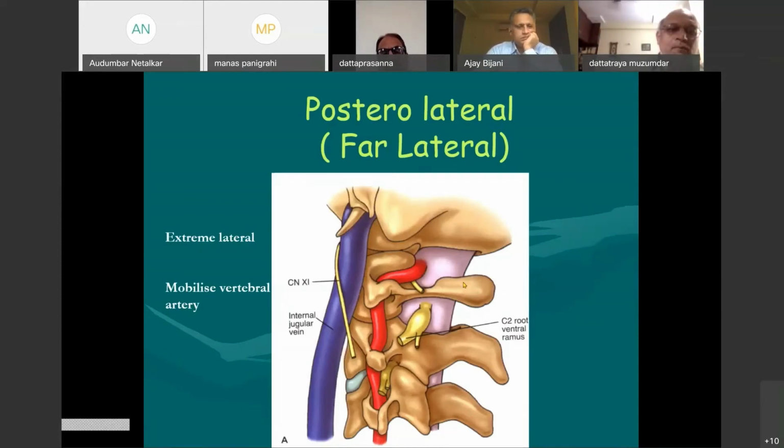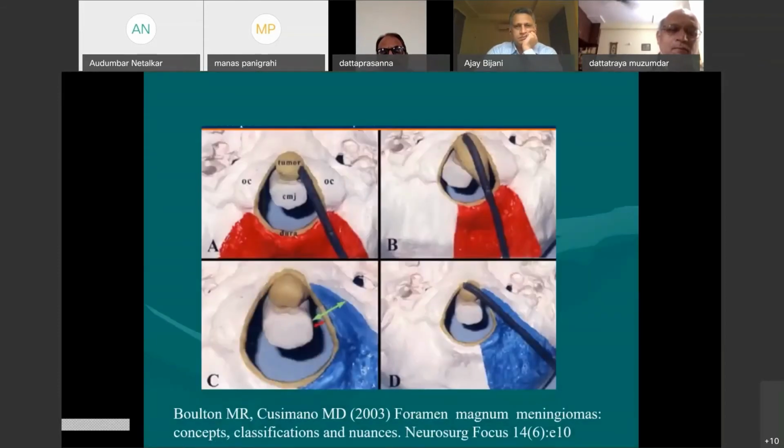Now, whether to drill the condyle or do a suboccipital approach depends on the attachment of the tumor. If the attachment of the tumor is crossing the midline, one has to do condylar drilling. But if it's not crossing the midline, probably one can manage with a retrocondylar or suboccipital approach.